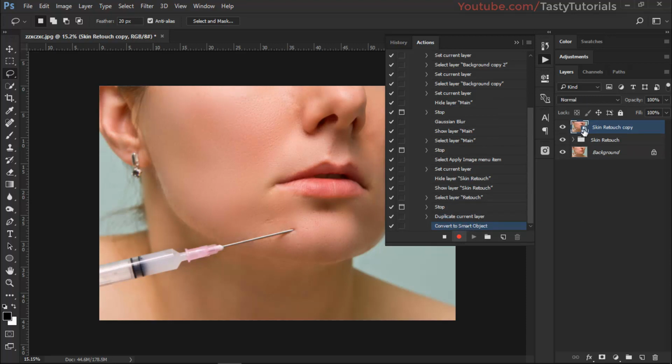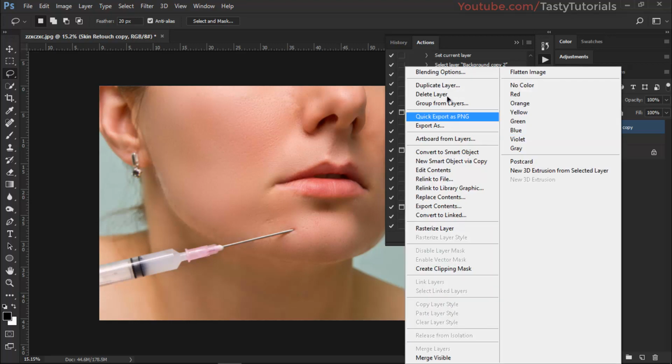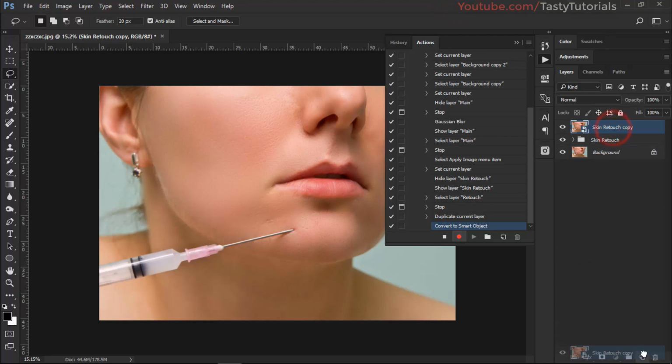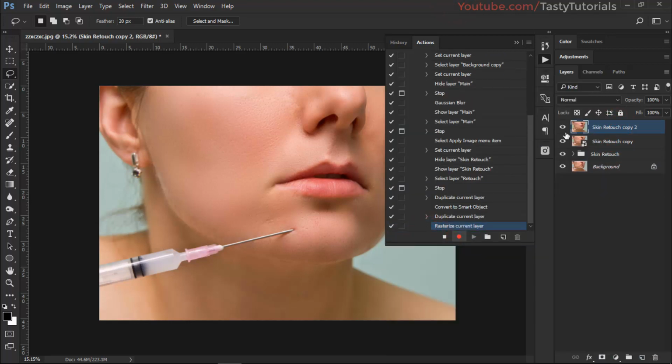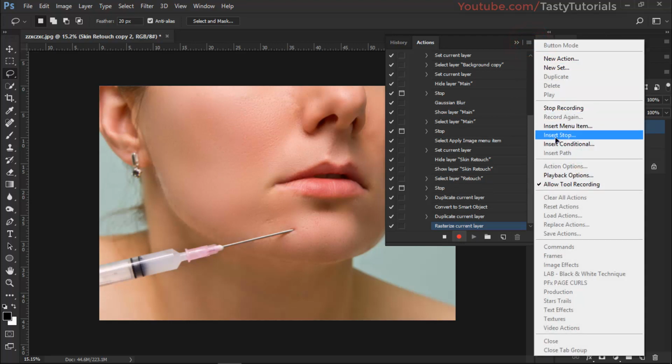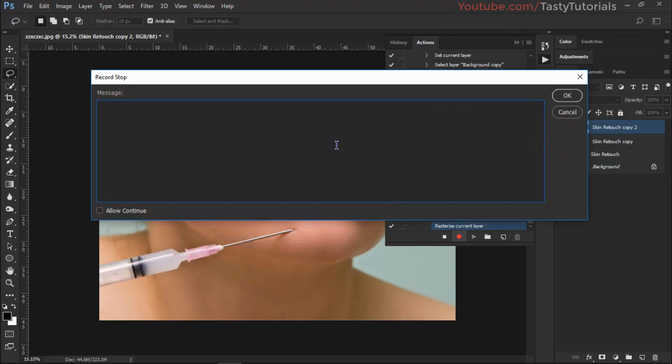Convert to smart object. Now it's converted into a smart object, and now what we want to do is click on copy this, and click on rasterize this. Now we will do one more thing: we want to add sharpness to this image. So how can we do that? We'll go to this top corner and click on insert stop. Now we'll click on select the amount of sharpness